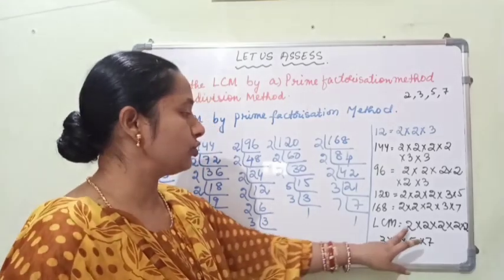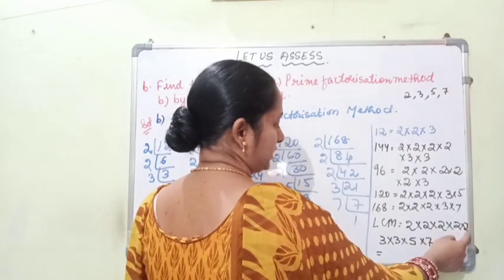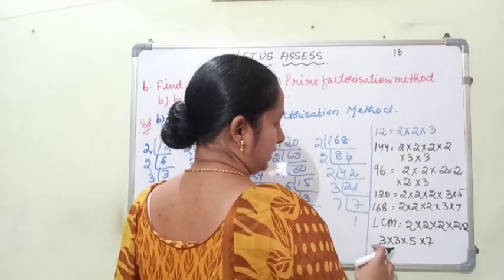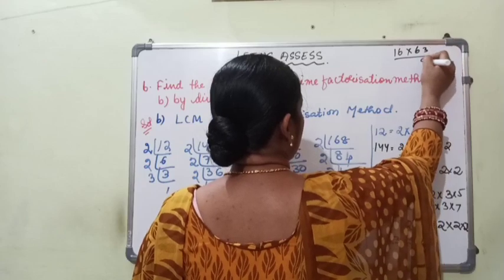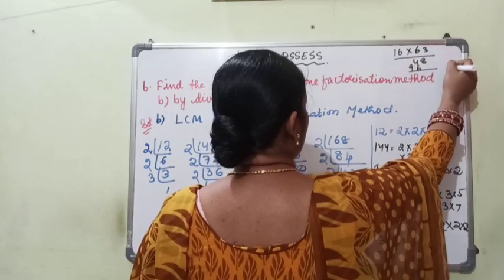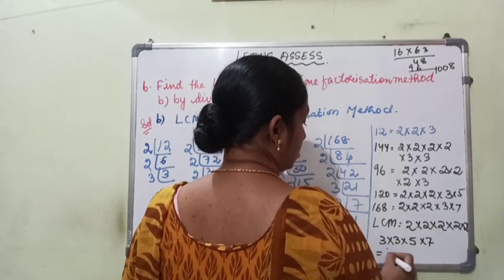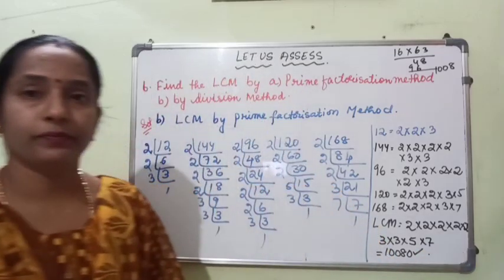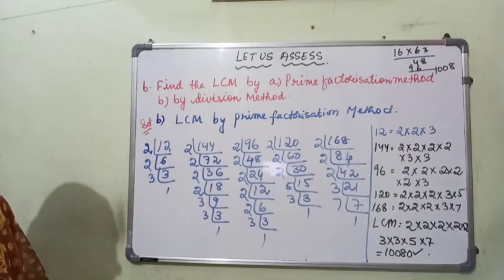So first let us group 2 and 5 into 10, and the rest of the numbers you multiply. 2 twos are 4, 4 twos are 8, 8 twos are 16. Then 3 threes are 9, 9 sevens are 63. 3 sixes are 18, 3 fours are 12, 6 sixes are 36, 3 nines are 27, that gives 9 6, so you get 8 0 1... and a 10 you have. So 1 0 0 8 0 will be your LCM by prime factorization method. This is your LCM by prime factorization method.